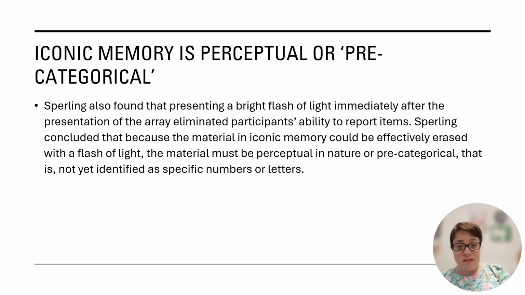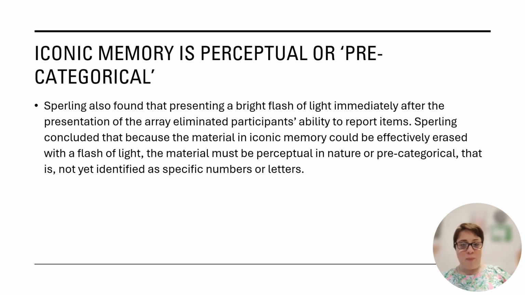Sperling reasoned that if material in iconic memory had been processed to a point of being identified as either specific numbers or letters, or if it was post categorical, then the material could be rehearsed. And if it could be rehearsed, then some of the items could be reported even following the flash of light. But because the flash of light eliminated the sensory memory store,